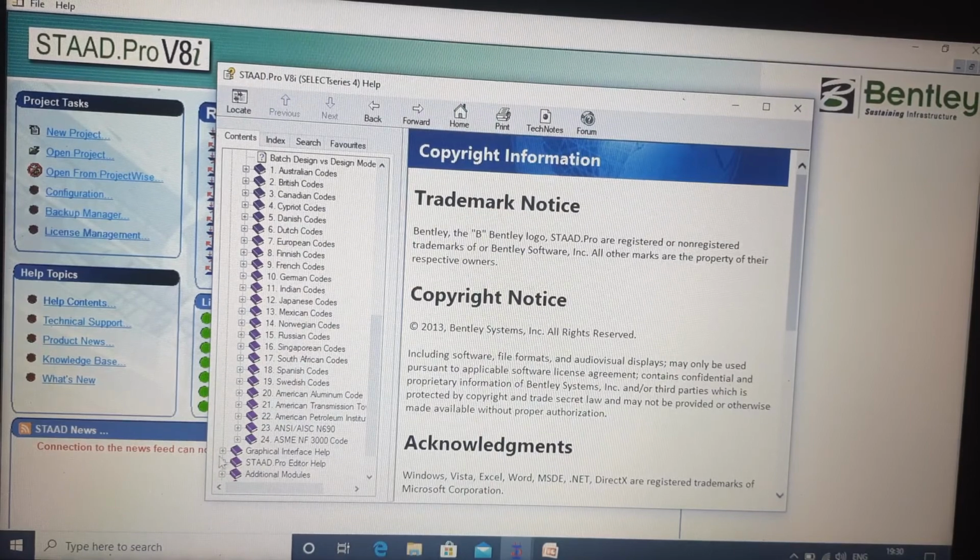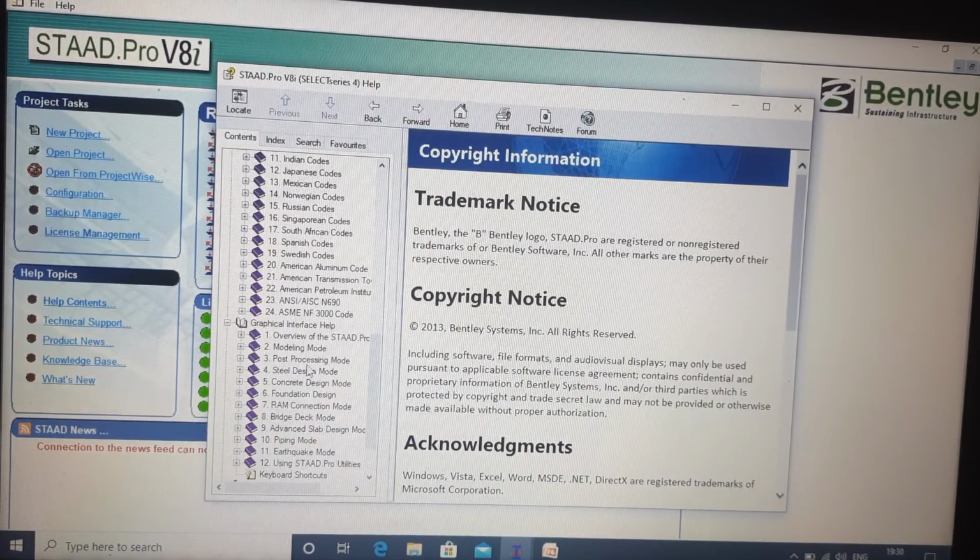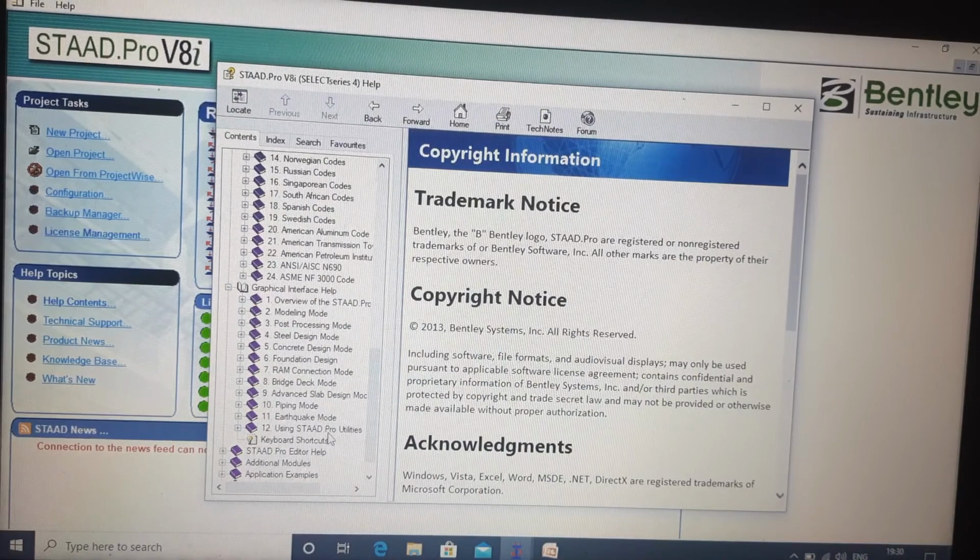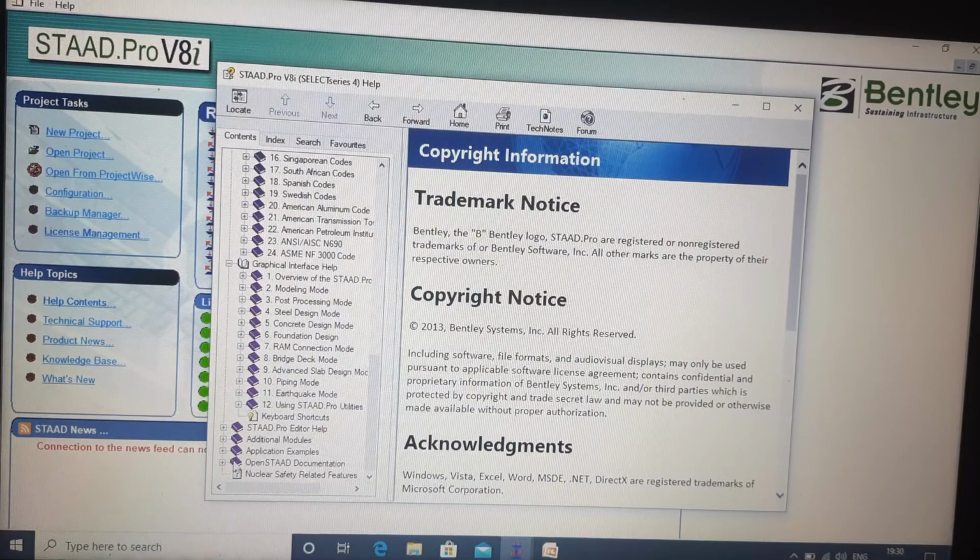Graphical interface of help: this helps with the graphical interface, how you model, how you apply load, all these things you can also get from here. So these all are helpful buttons. STAAD editor help, additional modules, study application examples, open STAAD documentation, these all things are very helpful.